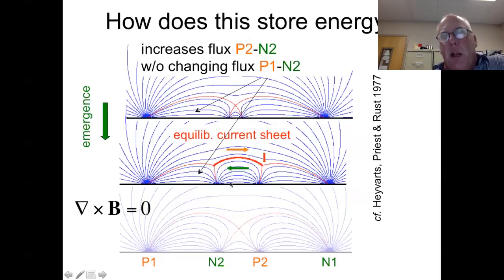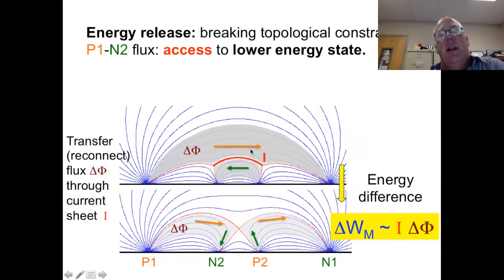So as the flux emergence occurs, I have to establish this current sheet, which separates the old overlying field lines going left to right, here shown in orange, with the new ones in green going right to left. And that's the equilibrium current sheet that would be analogous to the one underneath the flux rope. That is the way this scenario works. The current sheet is, again, the lowest energy state I can get to without invoking reconnection. If I do reconnect, I will shrink again that current sheet down from its initial current to zero current, and I will transfer flux from